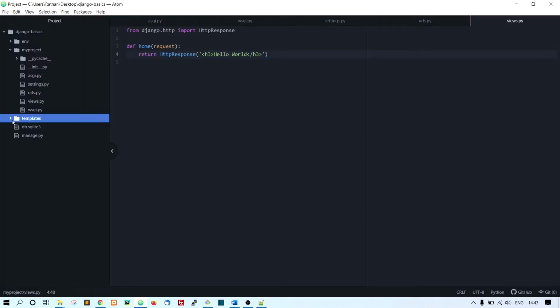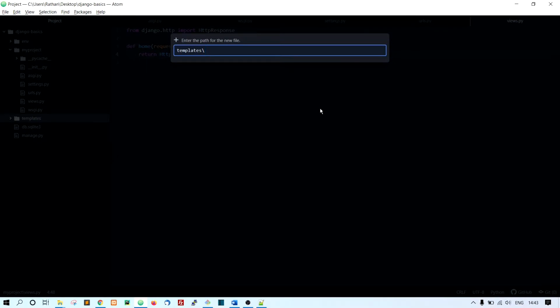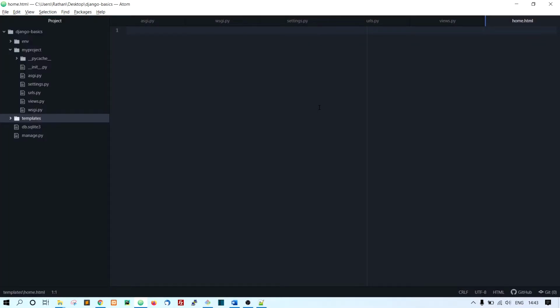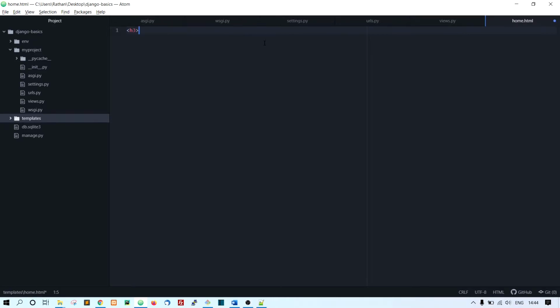Okay, here the template folder is created. So in here again right click and new file, let's say home.html. Okay, alright, now the home.html file is created. So now we want to print the hello world from this template, okay, not from the views. Alright, so here let me say h3 again, and let me close this h3,